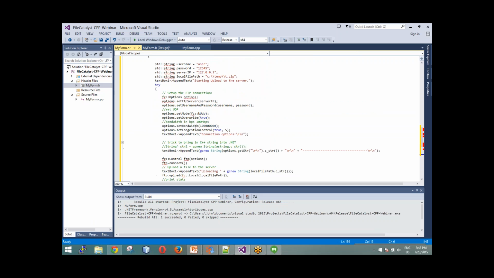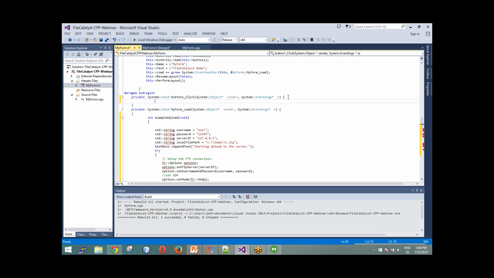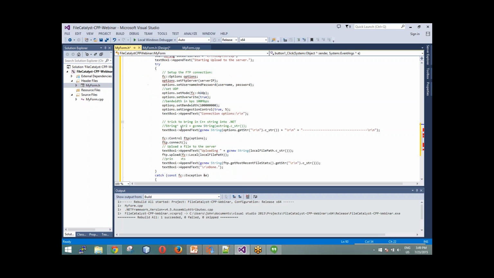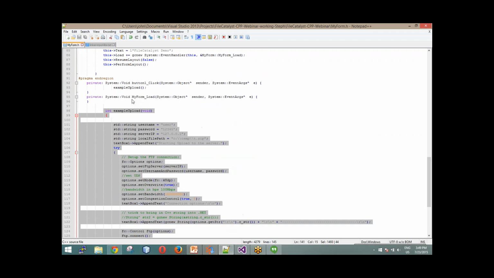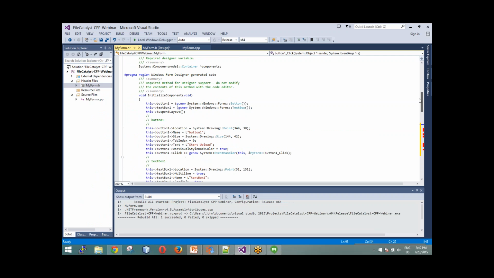So I added this method, example upload, and now I'm just going to call it from my onClick for the FileCatalyst. As you can see, all my FC things are still red because I also have to do an include for this. So if I go to the top, as you can see here, the include is FC Windows HPP. Once again, the include will be slightly different on Linux and Mac, but this is what I need